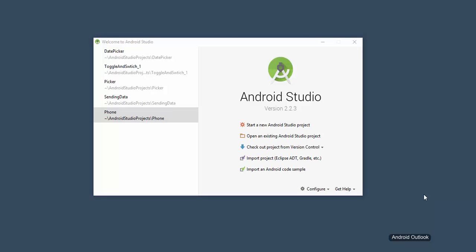In this part we are going to see how we can handle the screen orientation changes in Android, and basically we are also forcing our app to run only in the landscape mode, as you can see in the different game applications. So I start a new Android Studio project